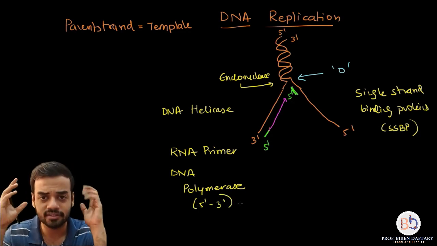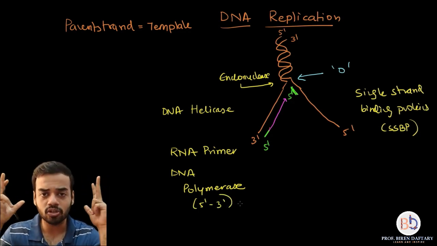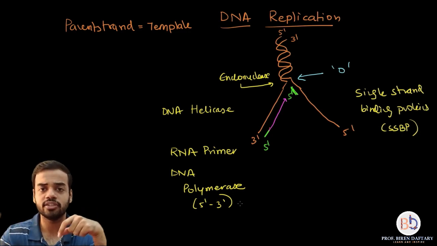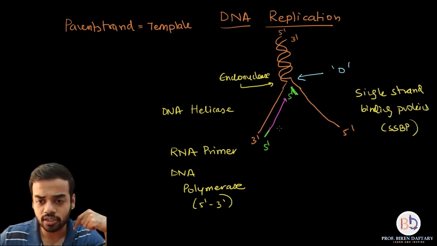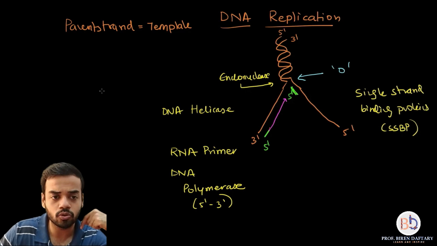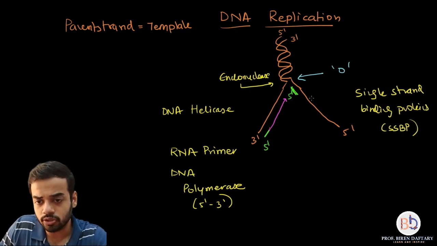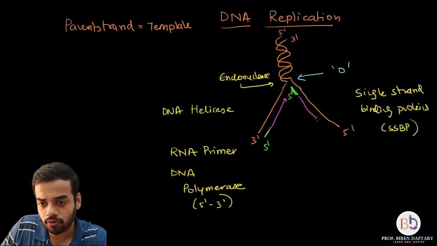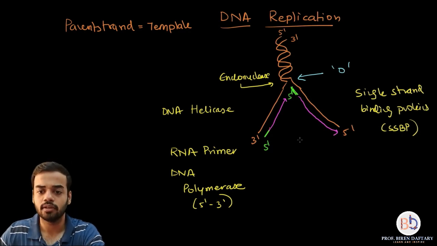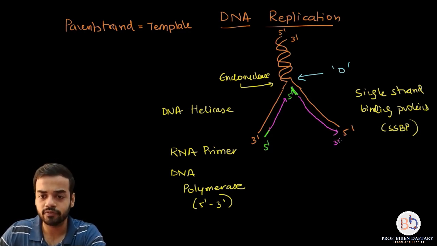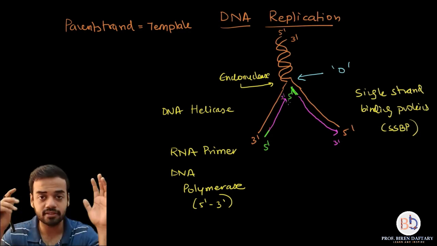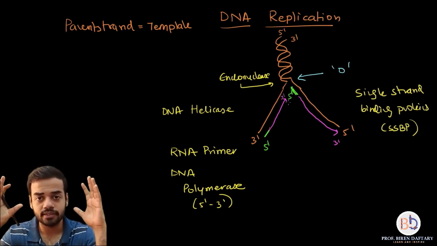I think I have stressed this enough number of times that the growth of DNA or the reading of DNA is always from 5' to 3'. So here it will go upwards, here it is going to go downwards. So the new strand which will be formed, it will go downwards like this. Okay, and this will be the 3' end of this strand, and this will be the 3' end of this strand. Is this clear?